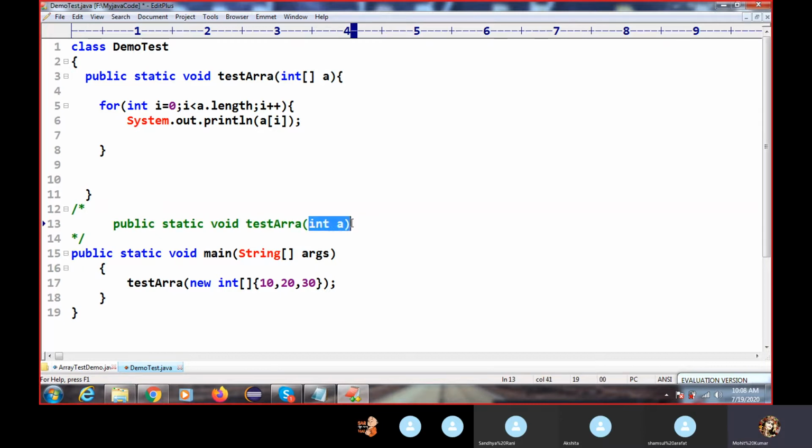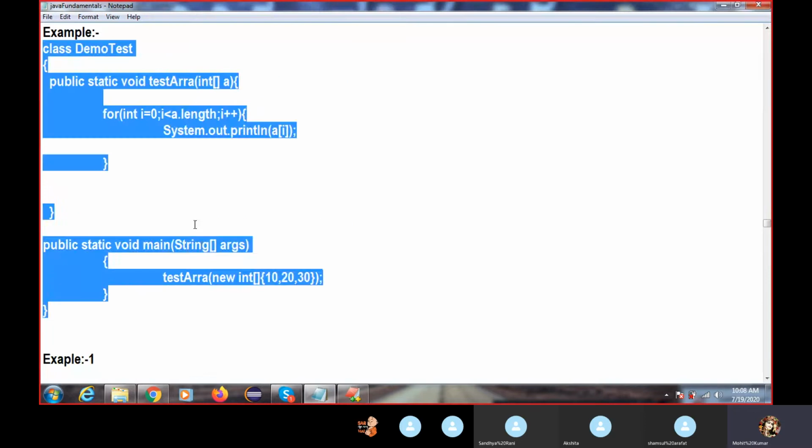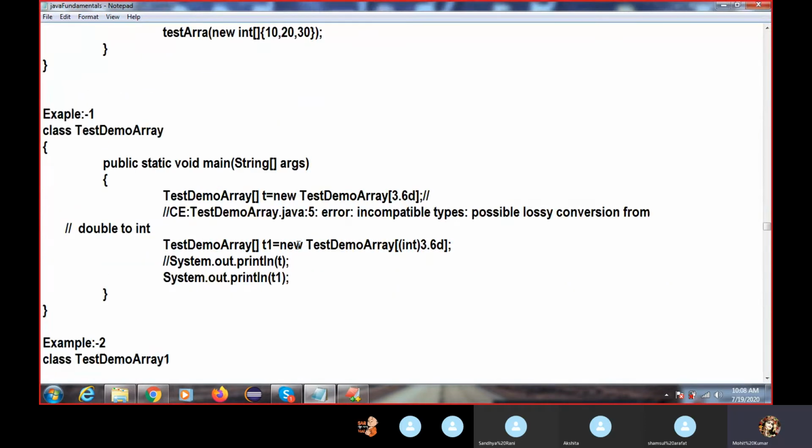Simply, you can pass an integer value, but here we have an array type, so we have to pass an array type here. You can also create a simple array and pass its value, but that would increase the lines of code. So it is better to use the anonymous array. This is called your anonymous array. Got it, right?